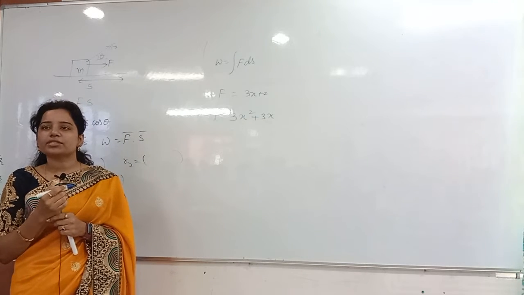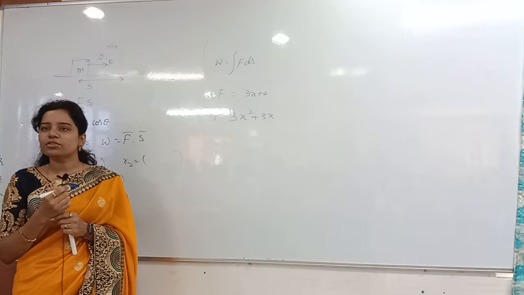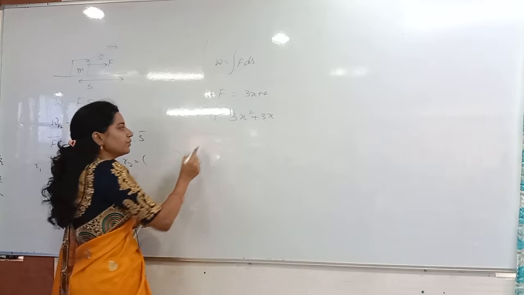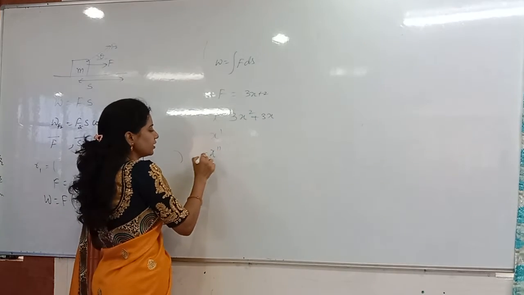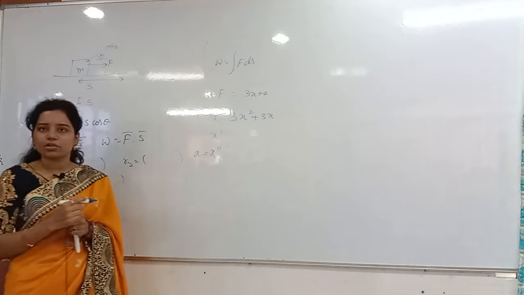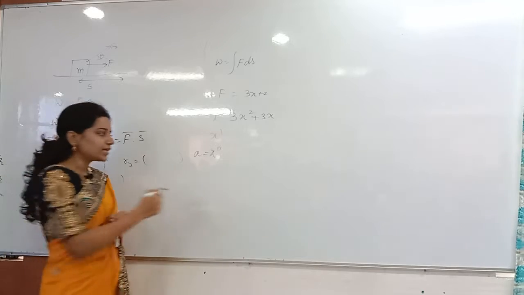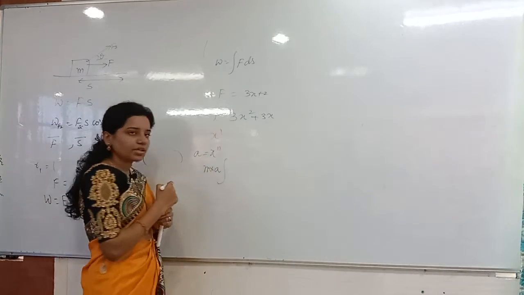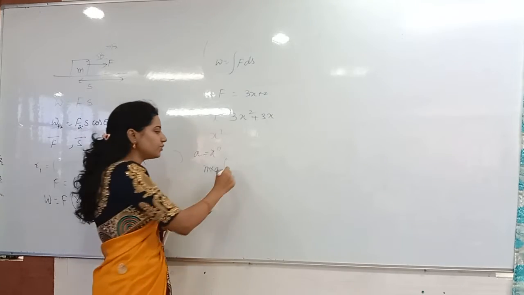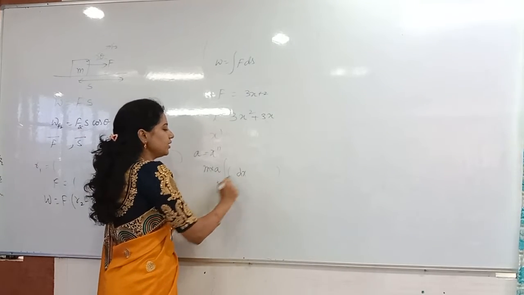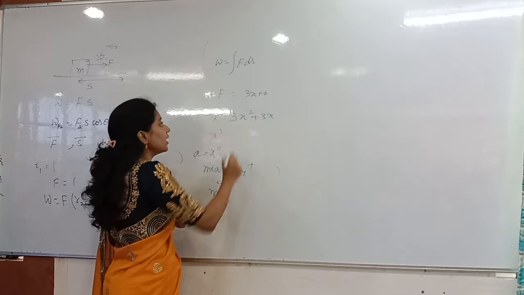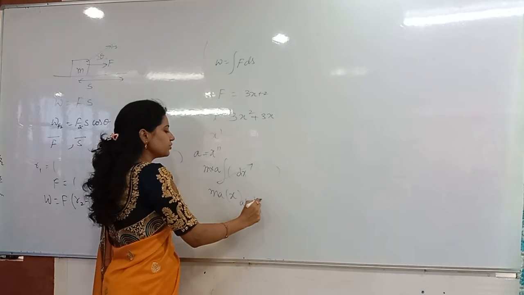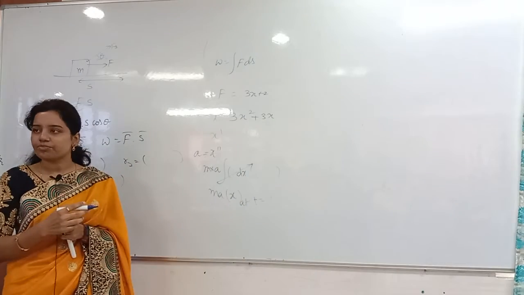They did not give any acceleration, any force. So what you have to do? How to get the acceleration? Double differentiation. If you do the double differentiation, then you will get the acceleration. By taking that acceleration, integration of mass into acceleration, mass is constant only, into dx. Otherwise directly ma, you can take this function, whatever the x function they have given, at t is equal to so on second we have written.